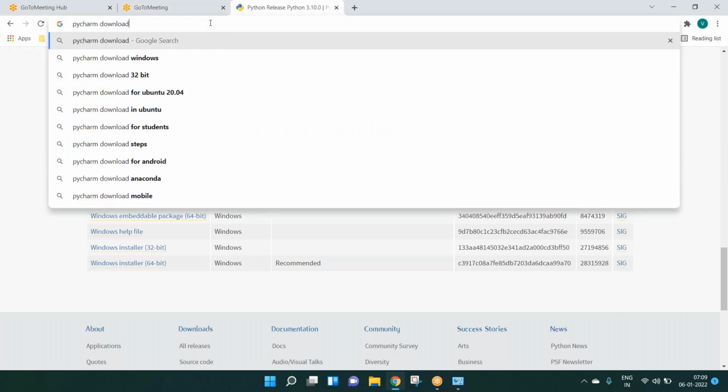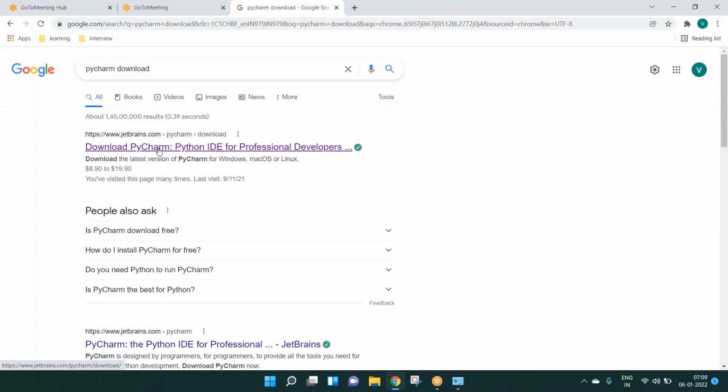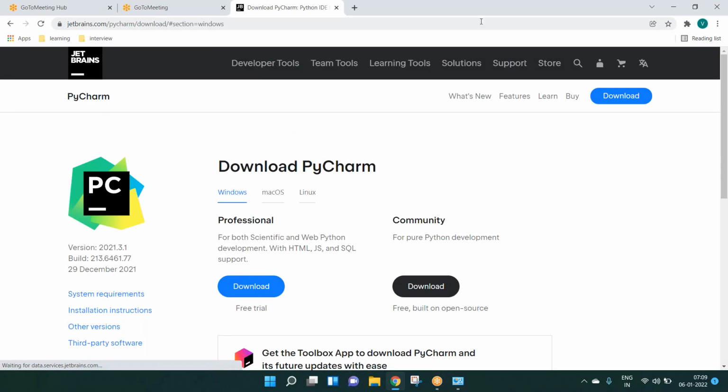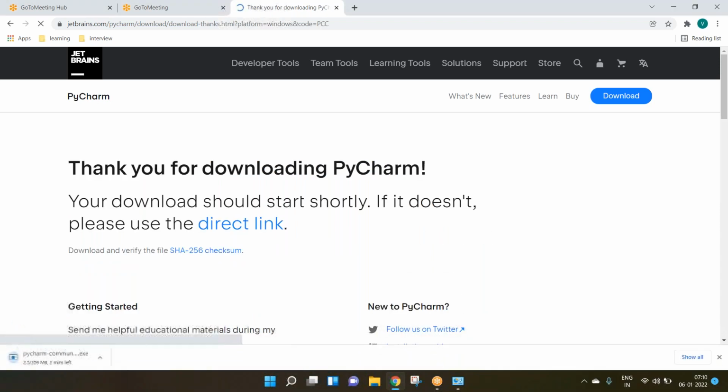So PyCharm download. Click on the first link. IDE basically stands for Integrated Development Environment. So mostly in the projects we'll be using the IDEs itself. This PyCharm comes in two flavors. One is the professional version, the other one is community. The professional one is paid. We'll go with the community version. That will also give you a lot of features. So let's click on this black color download button. That will download PyCharm for you,